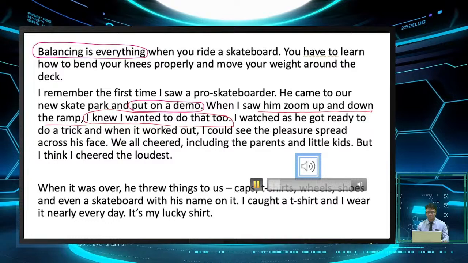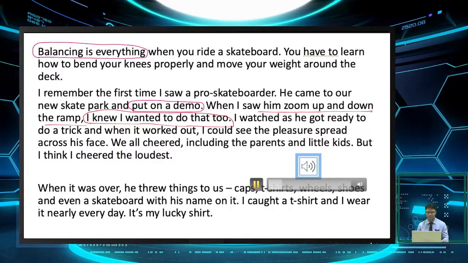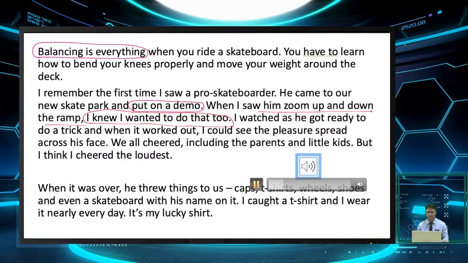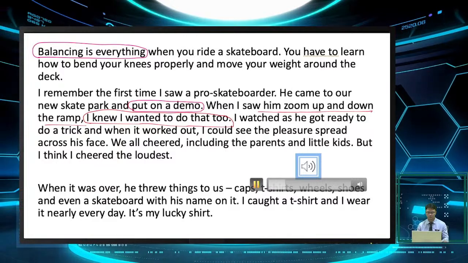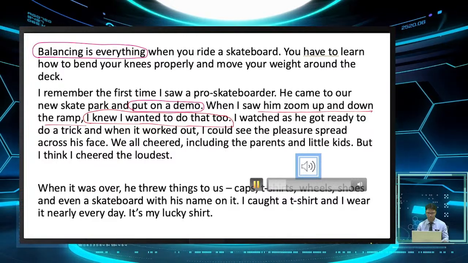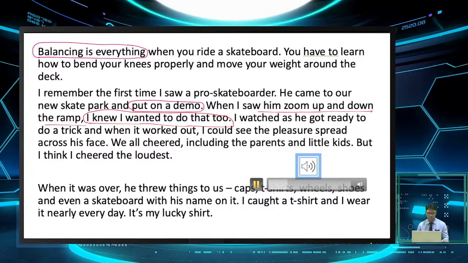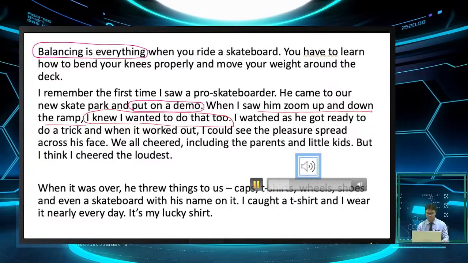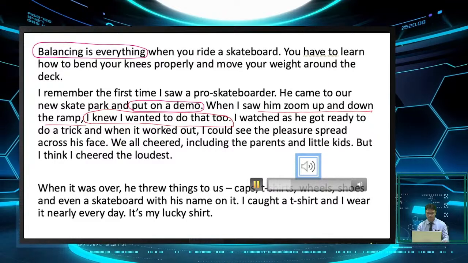I remember the first time I saw a pro skateboarder. He came to our new skate park and put on a demo. When I saw him zoom up and down the ramp, I knew I wanted to do that too. I watched as he got ready to do a trick, and when it worked out, I could see the pleasure spread across his face. We all cheered, including the parents and the little kids, but I think I cheered the